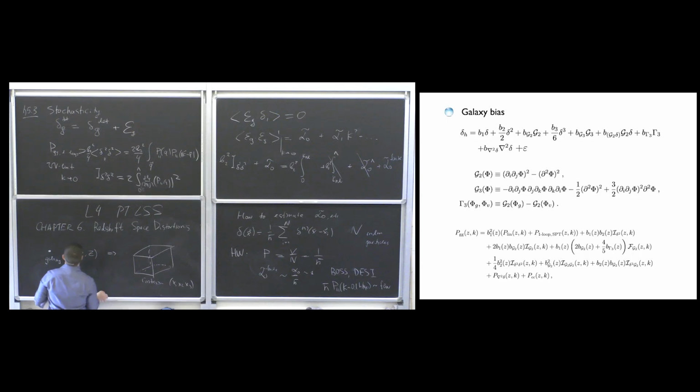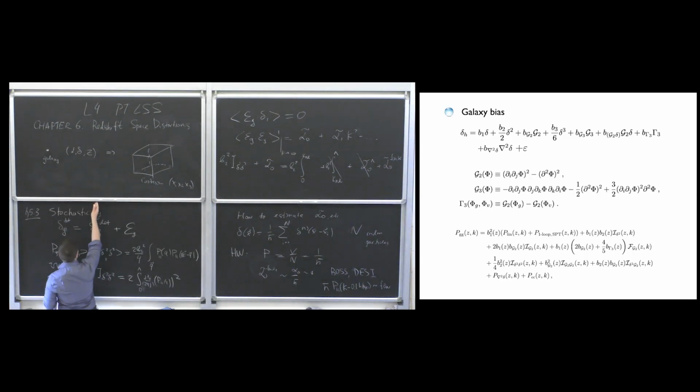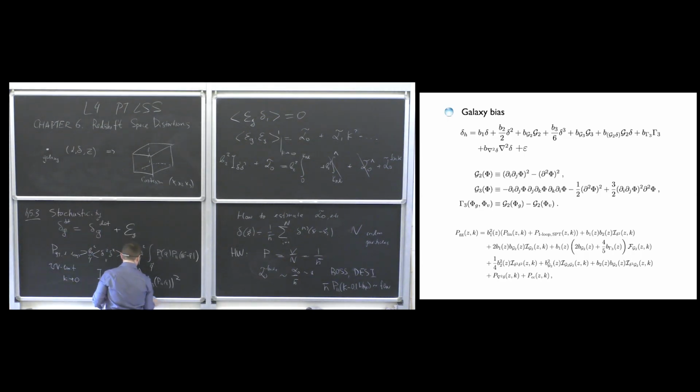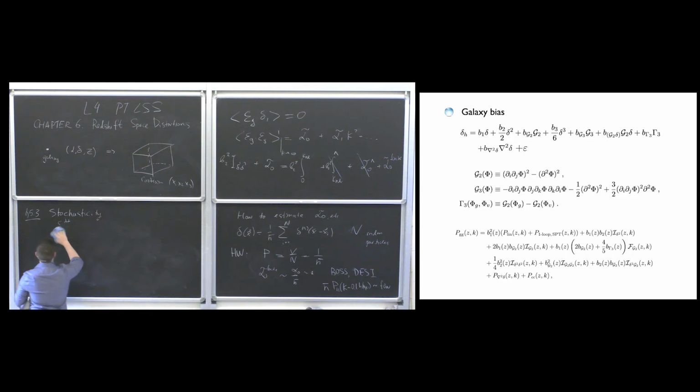Well, we know that we can always relate angles to the angular diameter distance. So we can always use those to reconstruct two coordinates. But then if you were to interpret the redshift of your galaxy naively as a line of sight position, you're going to generate some bias, some distortions in